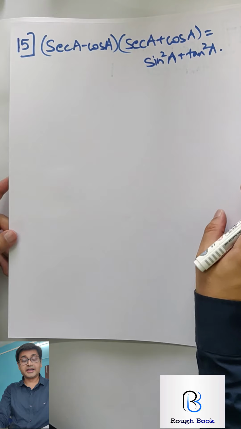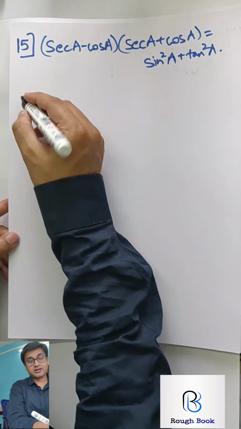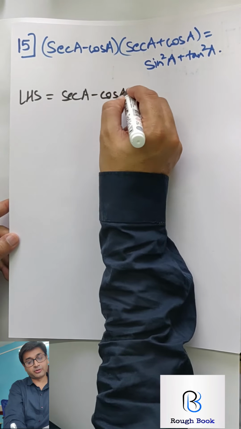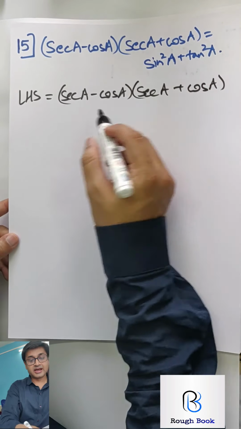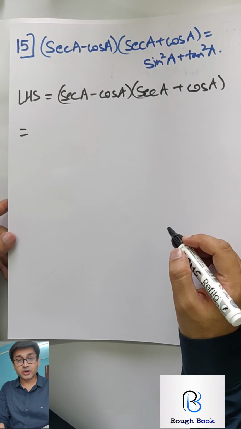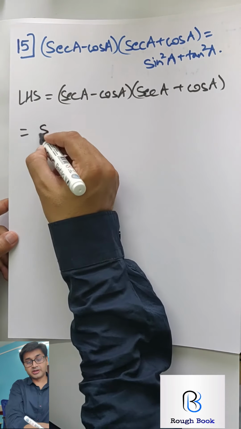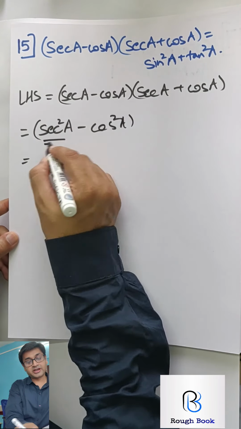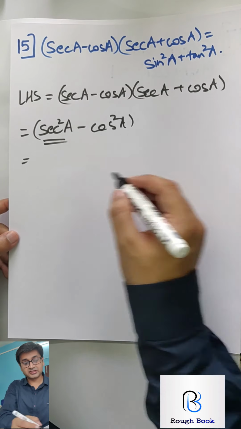Try going ahead. I guarantee you, convert everything into sine cos, you will get your answer. Come on, try it. So LHS you're beginning with. Directly don't convert to sine cos. First see what identity is given to you. Sec A minus cos A and sec A plus cos A. So A plus B, A minus B. What will that happen? A square minus B square. Then convert maybe into square ratios. So A square gives me sec square minus cos square. What can I do with sec square? Sec square is 1 plus tan square. Super.